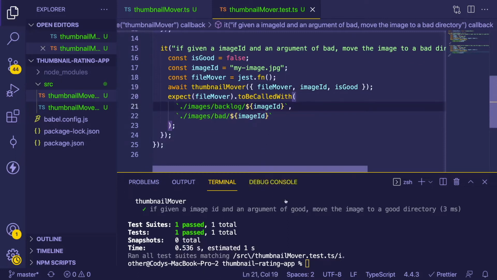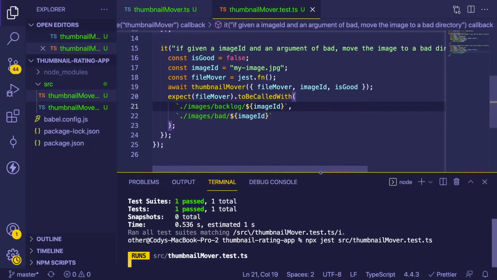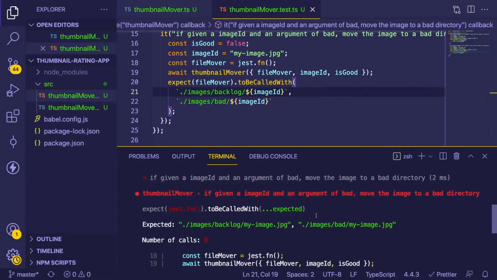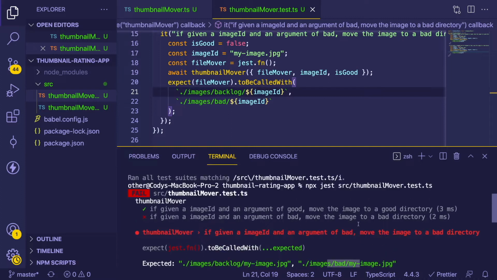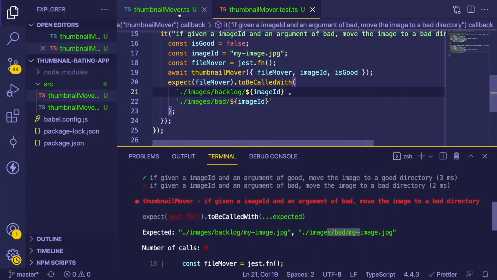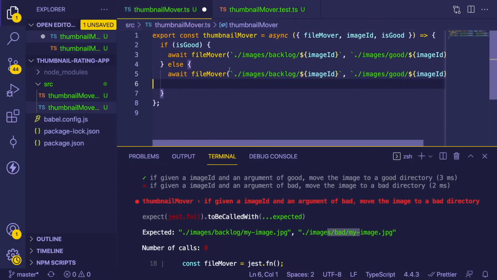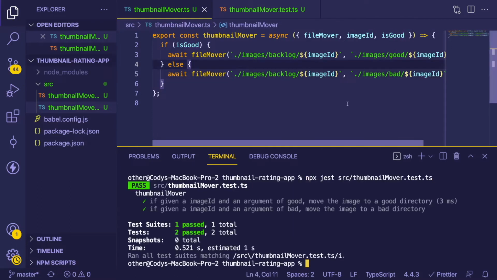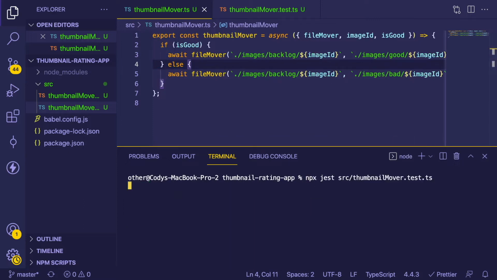The test is pretty straightforward, just like the other one. Run it, make sure it fails. And it does, because it's saying that it was not called with the correct arguments. We can go back and implement this logic here and basically say, make sure you move the image to the bad folder. All right, so now that we have a working implementation,